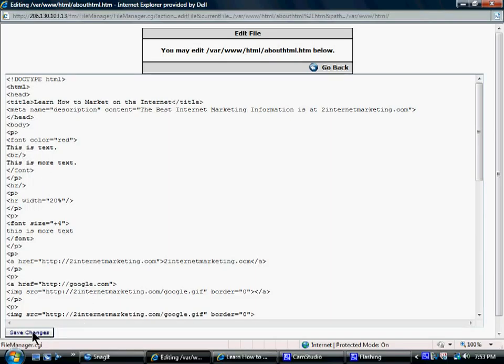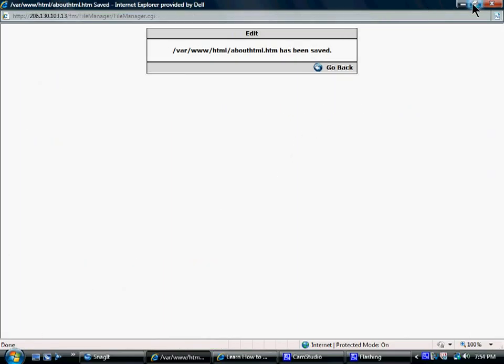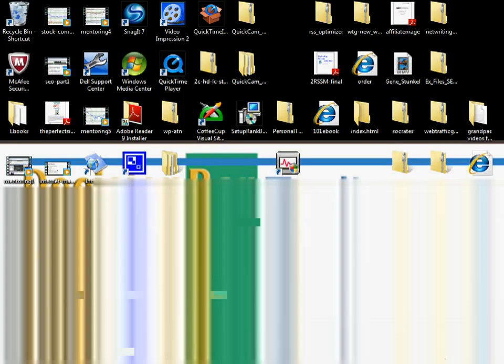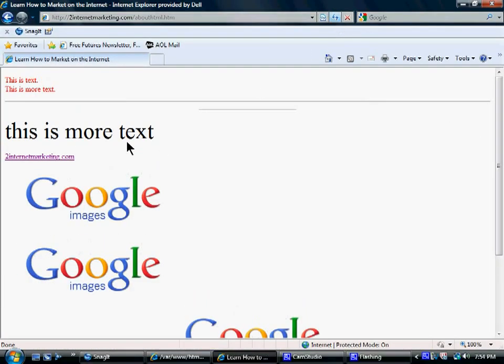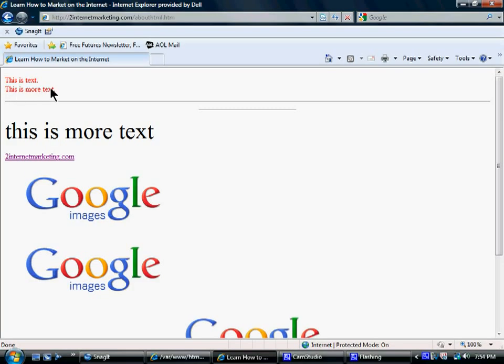So let's hit save changes, and let's see how this looks. And then there was one more thing I think I was going to show you, but we'll add that. Now we'll refresh, and okay, now you can see that instead of going straight across, this is text, this is more text, it put them on top of each other. That's because of the line break tag, the BR and then the close. Now horizontal line, we changed